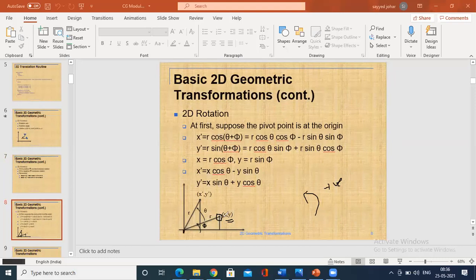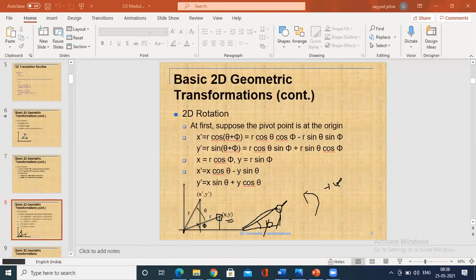For that, I will draw a line. This is not a triangle, remember, this is a pivot element. Along the x-axis and y-axis, I will draw a line towards the pivot element, and from the pivot element I'll calculate the angle. So this is the angle.